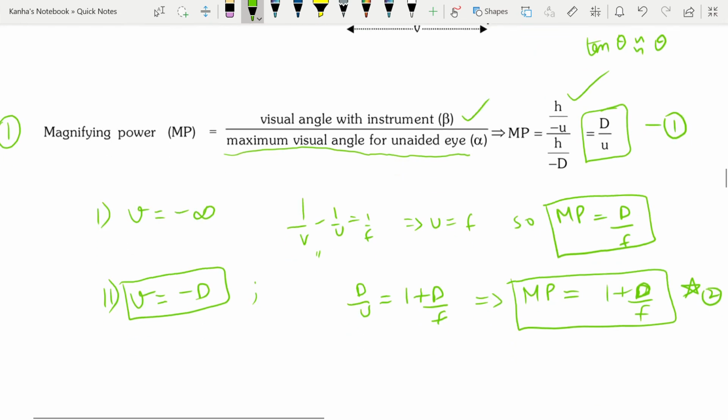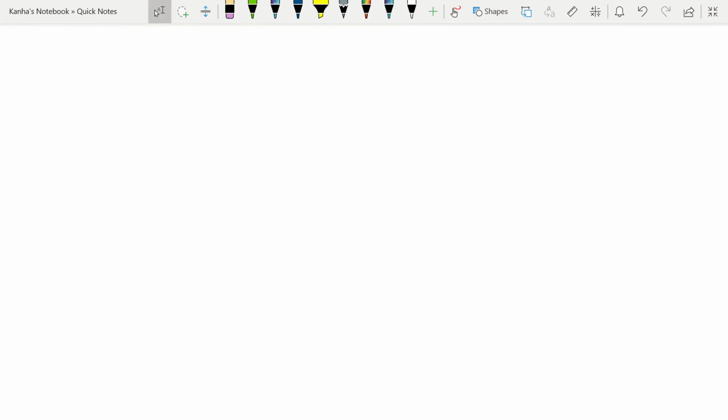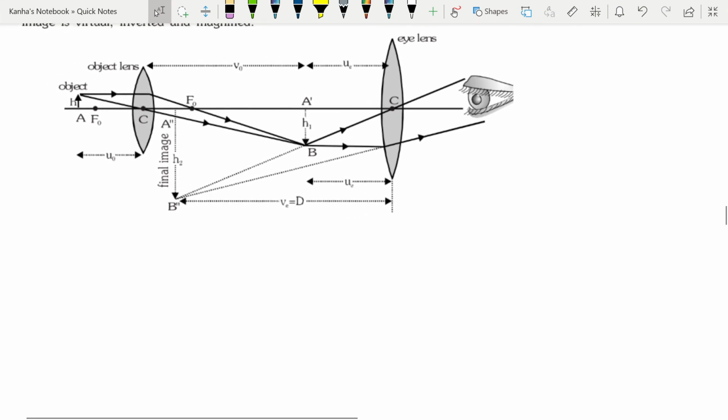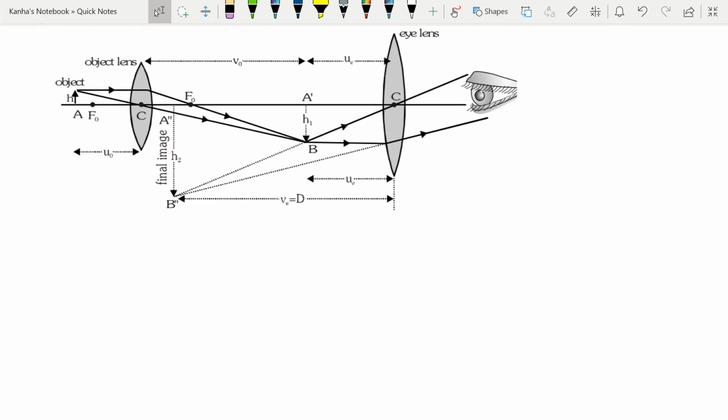Okay. Next we move on to the compound microscope, which is a slightly more complicated picture to deal with. So I have the compound microscope right over here. What do we have here? Here there are two lenses in total. A compound microscope is again used to get more magnified images. Now the object is placed in front of the objective lens and image is seen through the eyepiece. So the lens which is closer to the object is known as the objective lens. And what will you be seeing? You will be seeing the final image that is formed after refractions by two of the lenses. Okay, that is what your eye is going to look at.